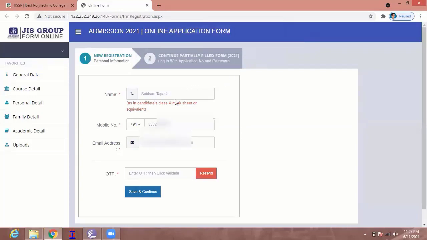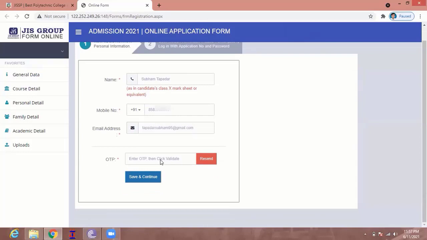After that, there is a place to type your OTP, already sent to your mobile number as well as to the registered email ID if you have put the same. If there is any problem receiving the OTP, you can click on the resend button. After getting the OTP, put the same OTP in the box and click on save and continue.